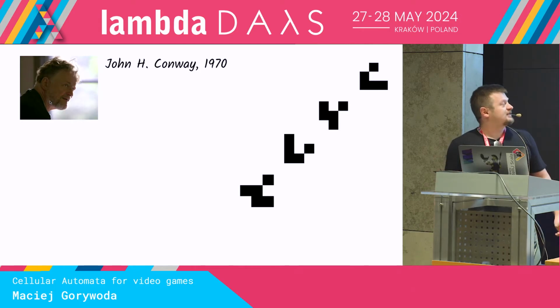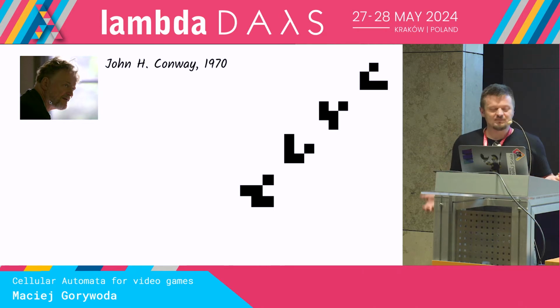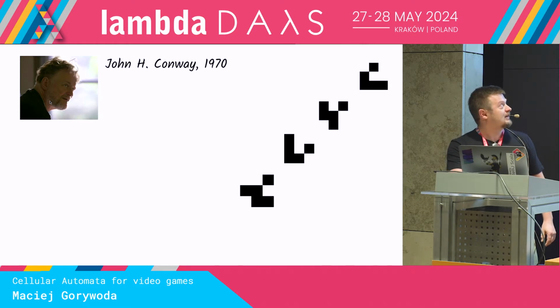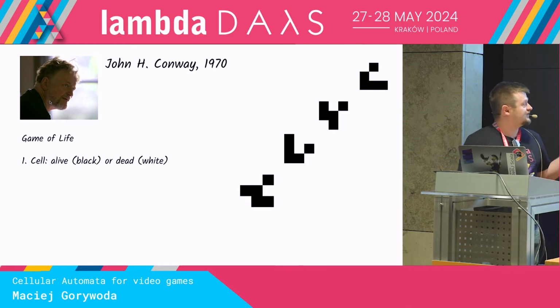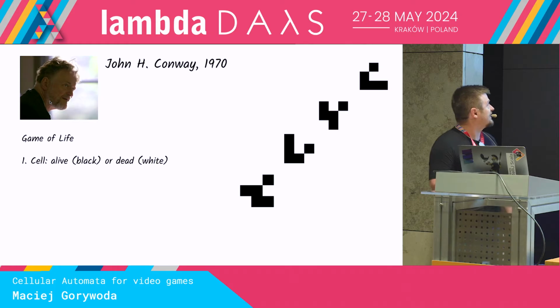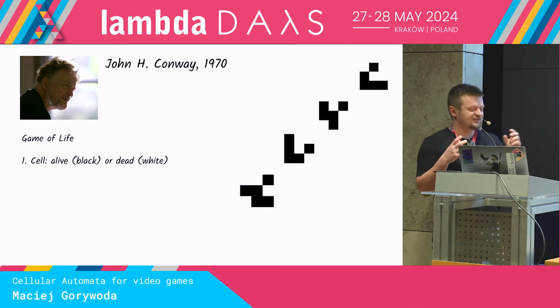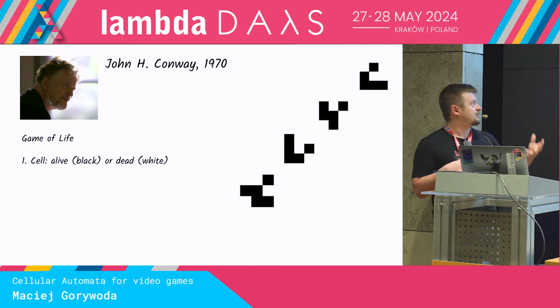took over and talked about it more is John Conway, who in the 70s came up with what we now call Cellular Automata. And of course, the rules of the universe force me to mention the Game of Life if I'm talking about Cellular Automata. So quickly, it's also a very simple example. In the Game of Life, we have a cell that only has a bit of information. It can be alive, that is black, or dead, that is white.